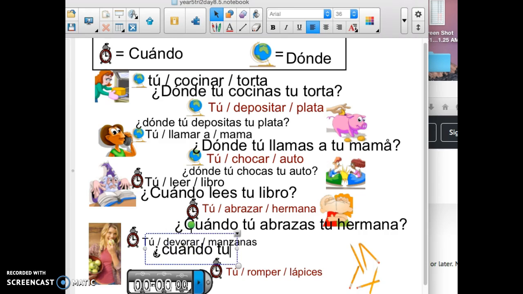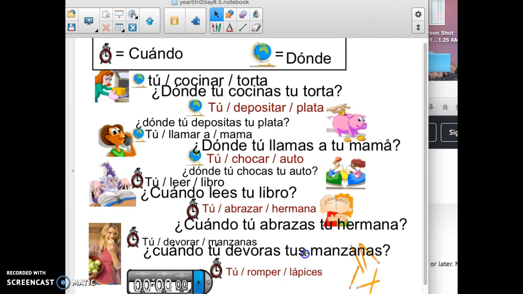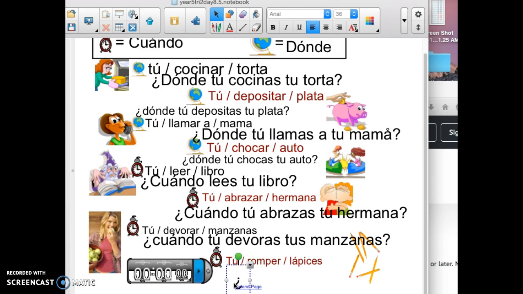Cuando tú devoras, and then there's more than one, so pat yourself on the back if you got tus manzanas. If you got that, nice job. See if you can change it for this next one, because there's one more. Cuando tú rompes